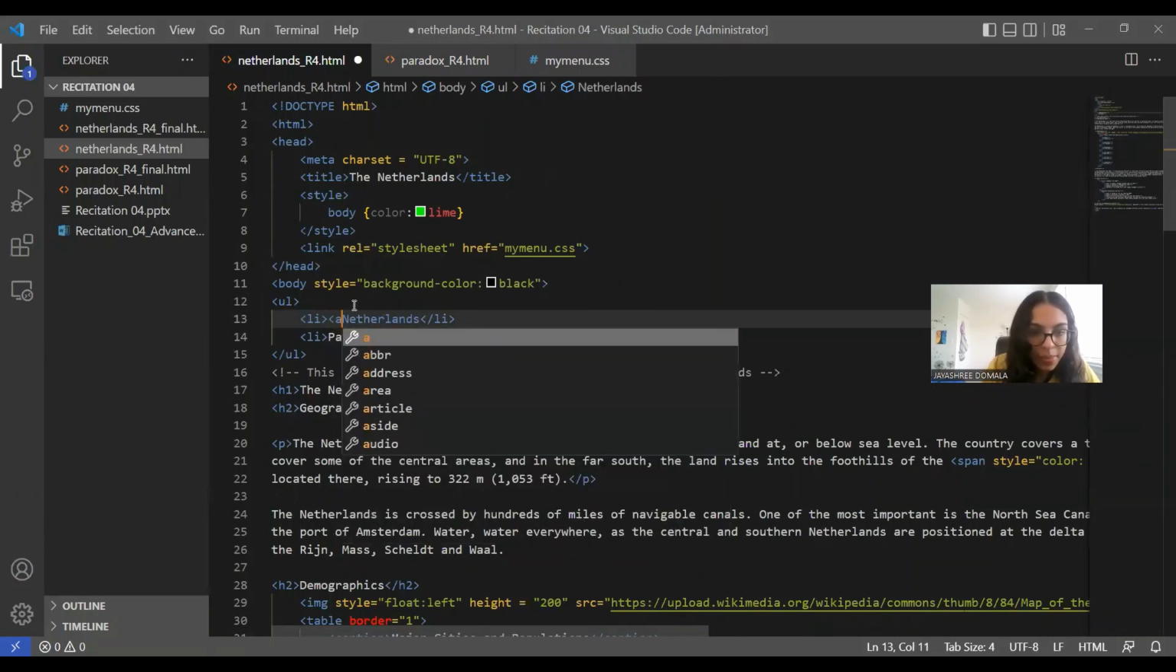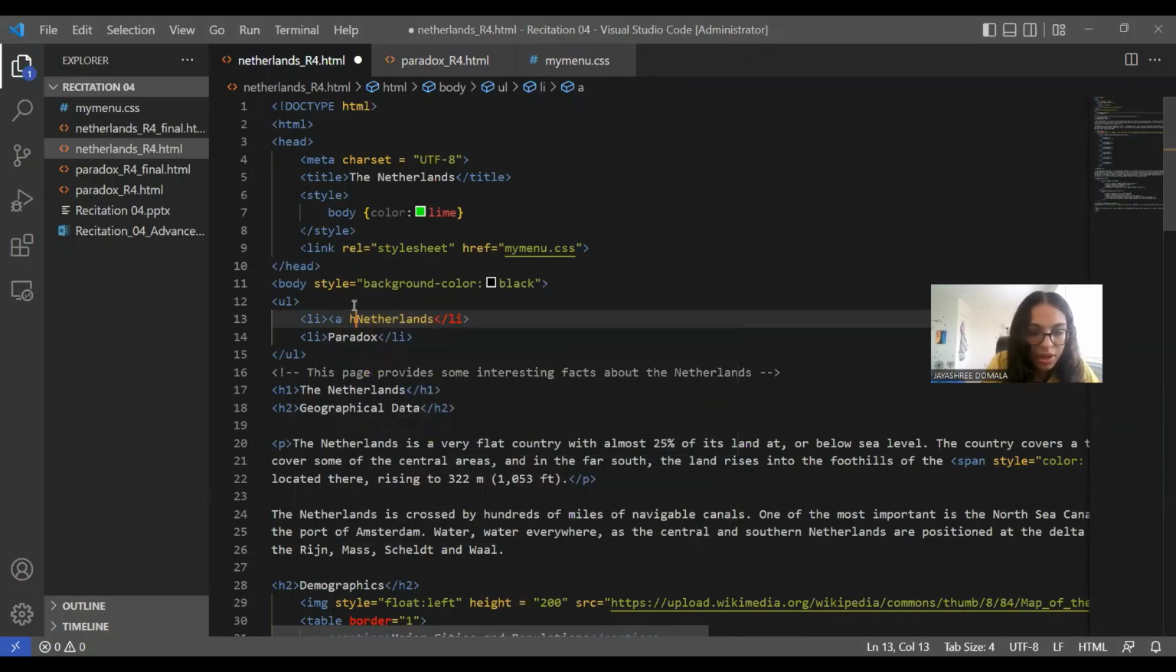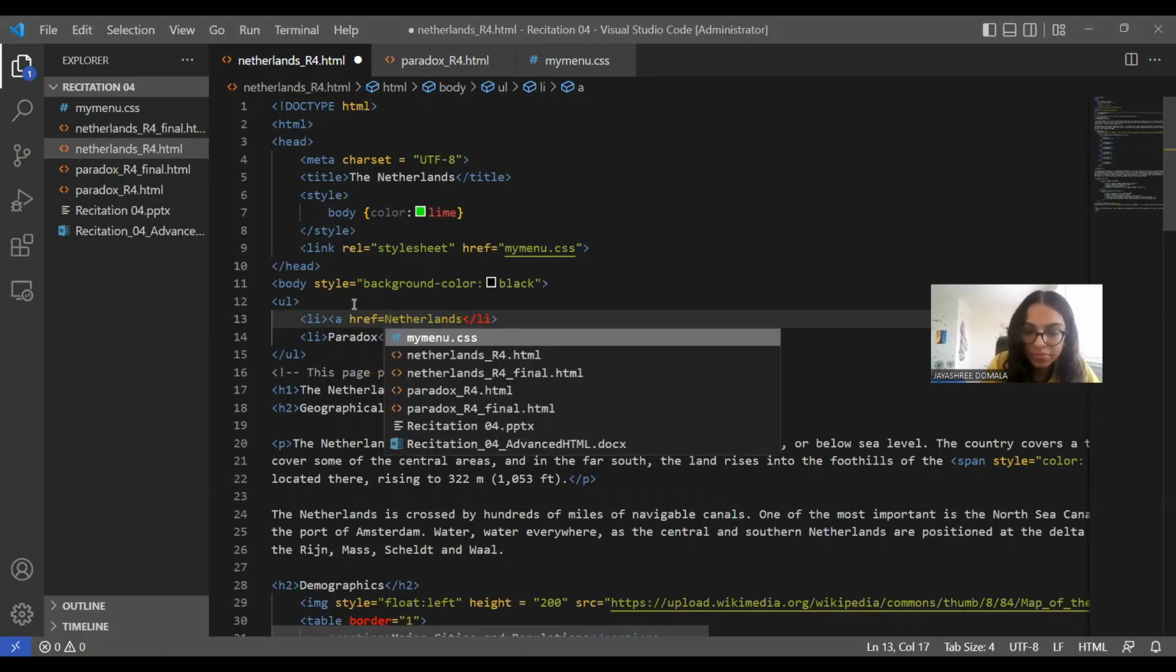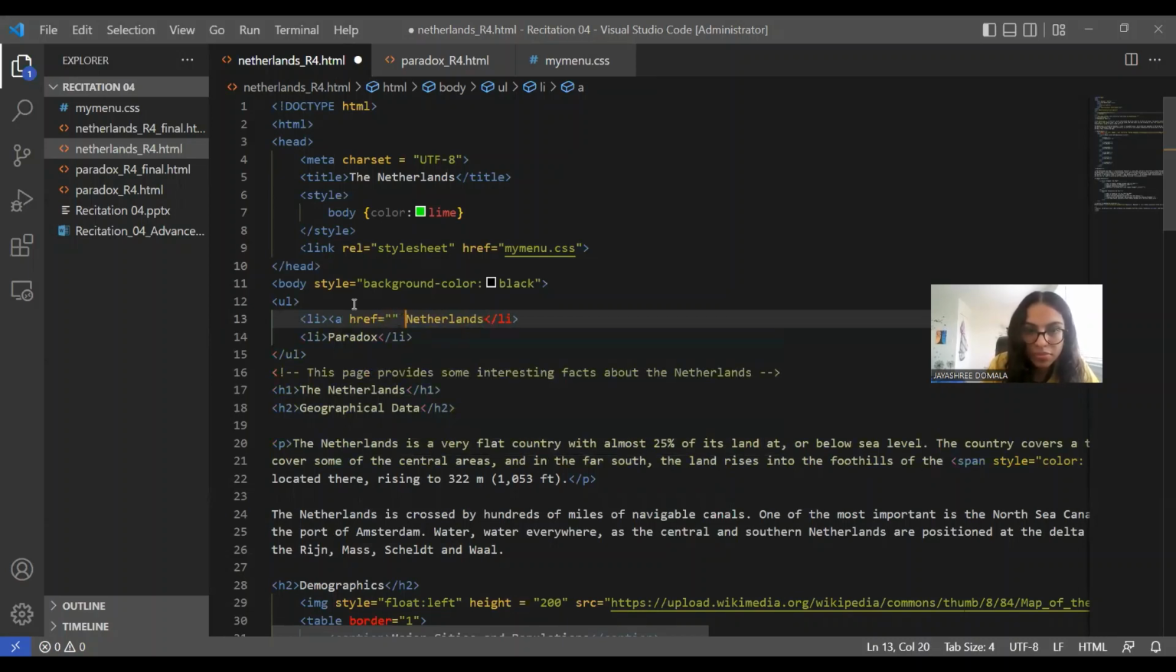So I say A href, and I want the Netherlands list item to take me to the Netherlands file. So I will say Netherlands underscore html and be sure to close the tag. And I will make sure that the A tag is closed correctly, which is here,